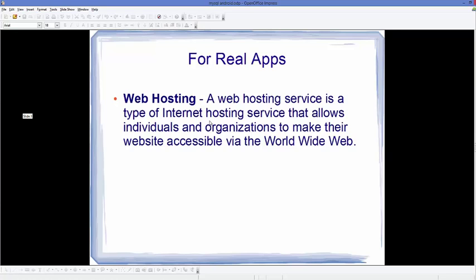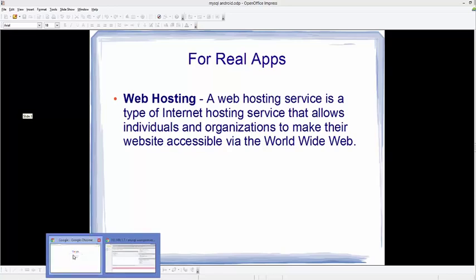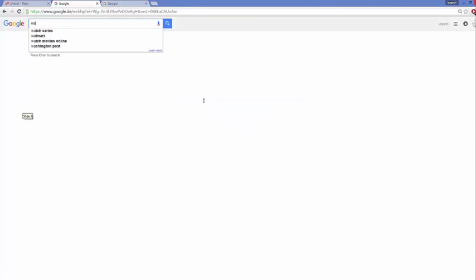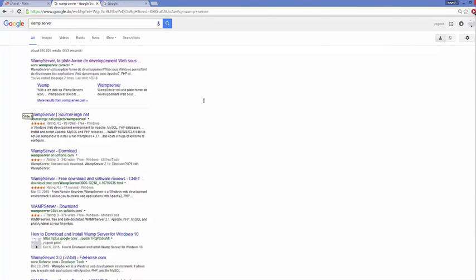So first of all, we are going to create an application using WAMP server. It comes with MySQL, Apache and PHP MyAdmin. So let's download and install WAMP web server, and then we are going to write some PHP scripts to query our database, and then we are going to create our Android application. So first of all, open your favorite browser and search for WAMP server. And the first result most probably which will appear here will be from